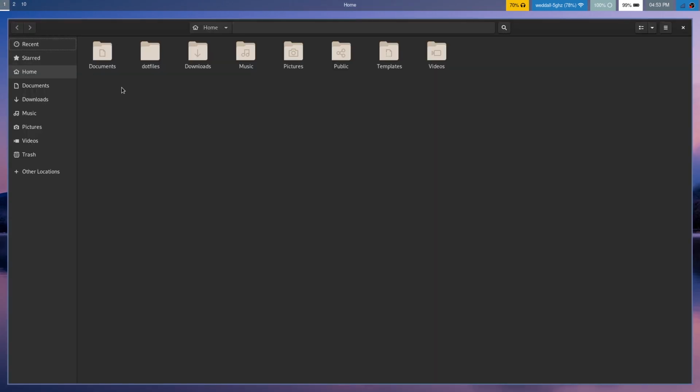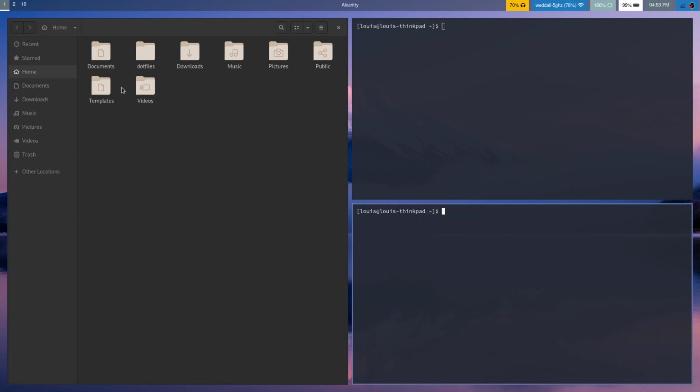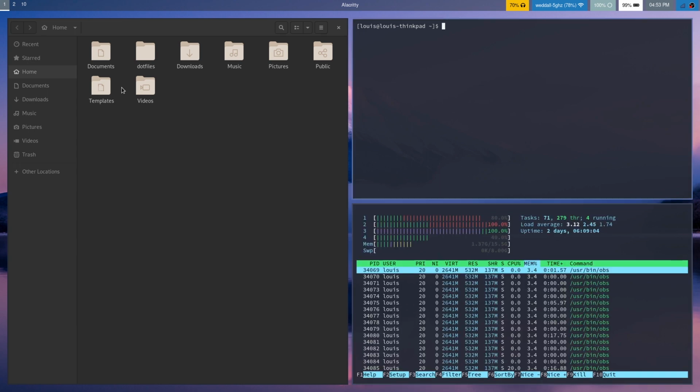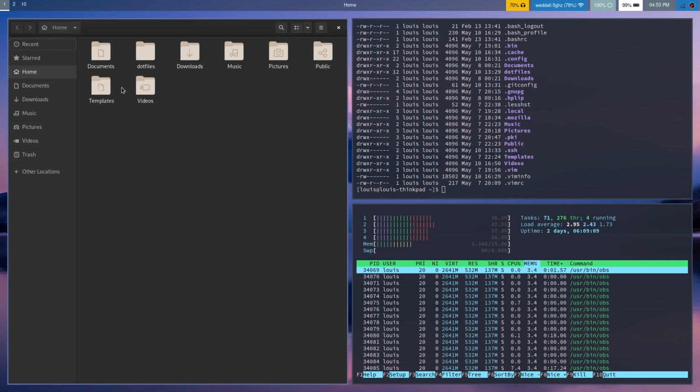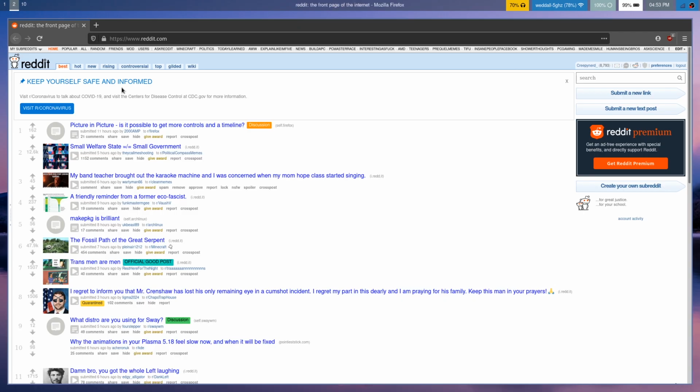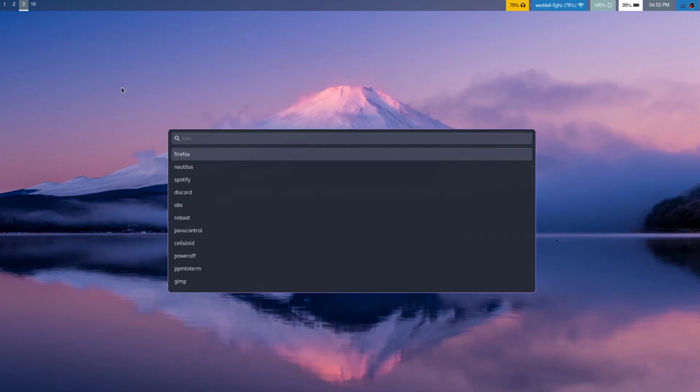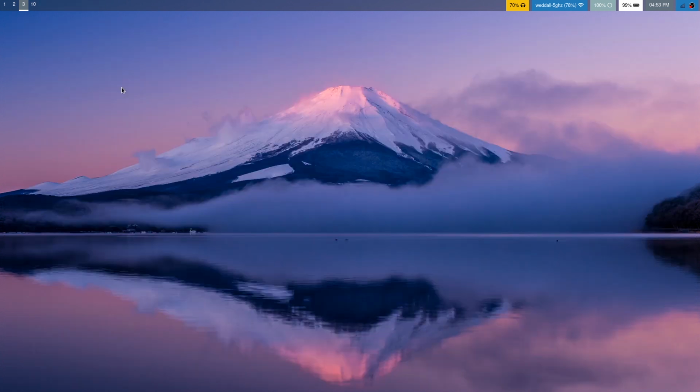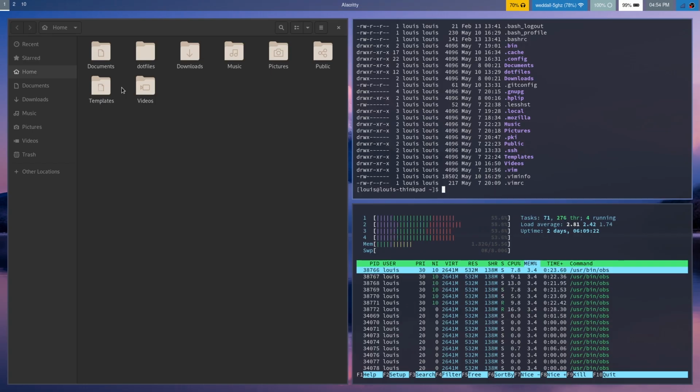So you can do things like this, where maybe I'll have 3 things open here. I'll be running a few different things. I'll be working on something here, and then I'll have a web browser open here I can check. I'll open a third one, maybe open up Spotify. And you can see how, oh, is that not loading? Well, oh well. You can see how, once you get used to it, it really helps your